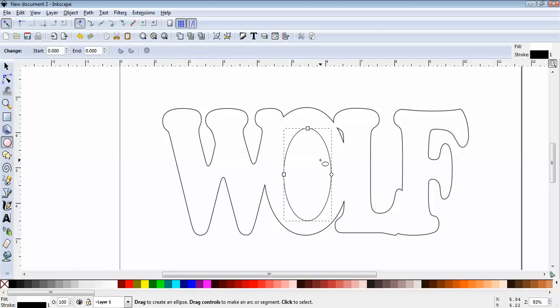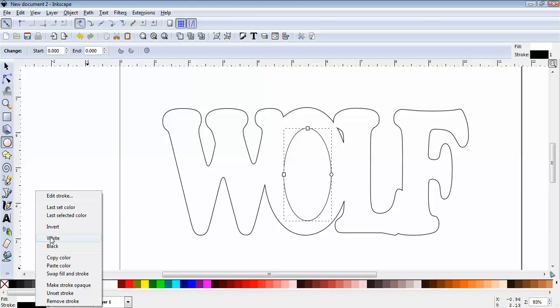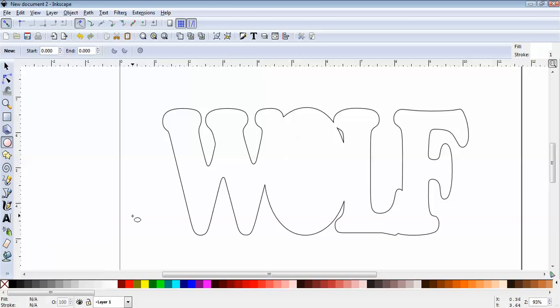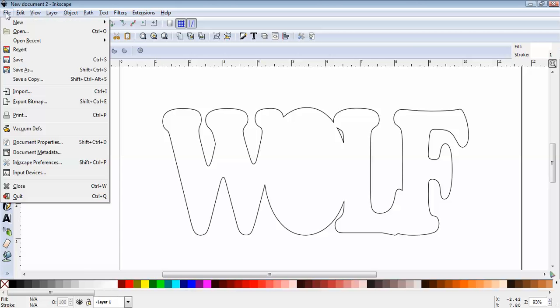And I know you're going, Rick, you just covered one circle with another one. But again, all we have to do is come down here to stroke, right click so it's white, and now you have no circle showing. So what I want to do is import an object from lesson one. So we go to File, Import, or Control I,